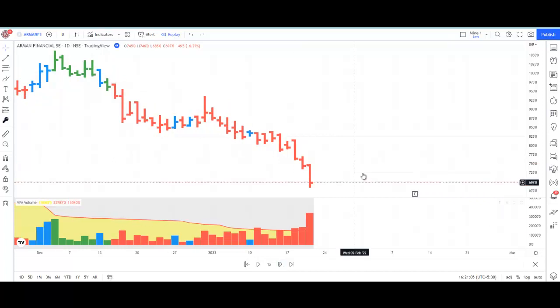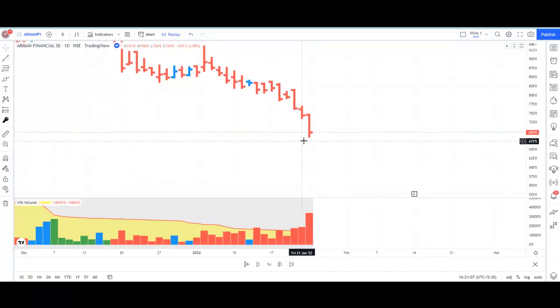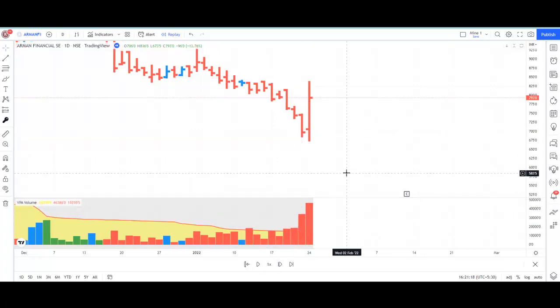Again, the stock is trending down. We have a widespread down bar closing near the low, and the volume has been quite high. The next bar, if we can see, is a widespread bar with higher volume. The open is near the lower side and the close is on the upper side,